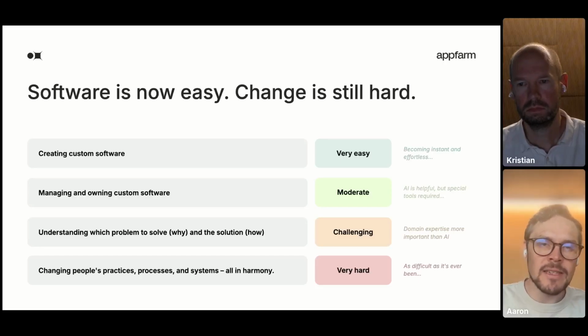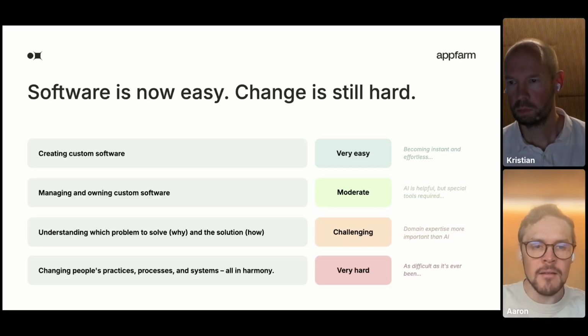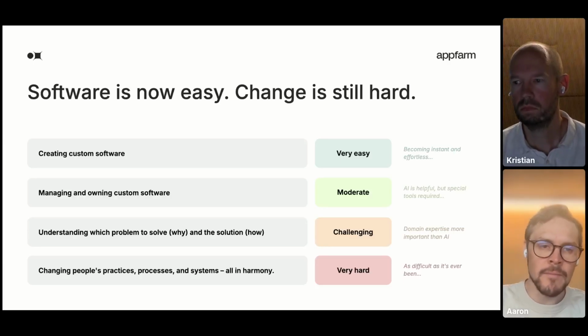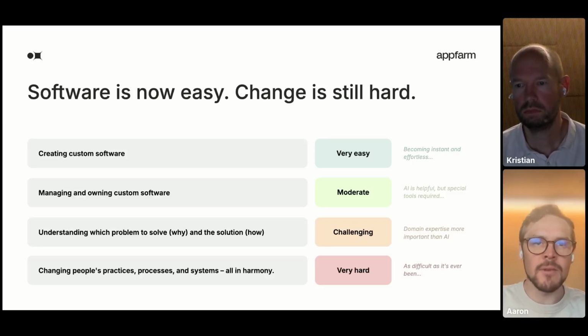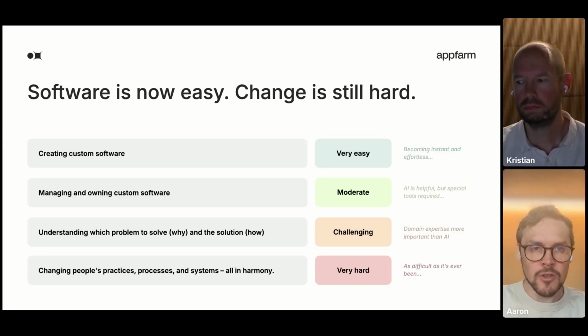And then as you go further down the software ownership stack, I feel like even more importantly, you still need to be able to understand which problems you want to solve. What is it that costs your company hundreds of hours a week today? Where are compliance risks? Where do you have a competitive advantage that you could reinforce with software? And then identify how you actually want to solve those challenges. And that can mean talking to your users, leveraging your specific domain expertise, encoding your workflows into business logic, and